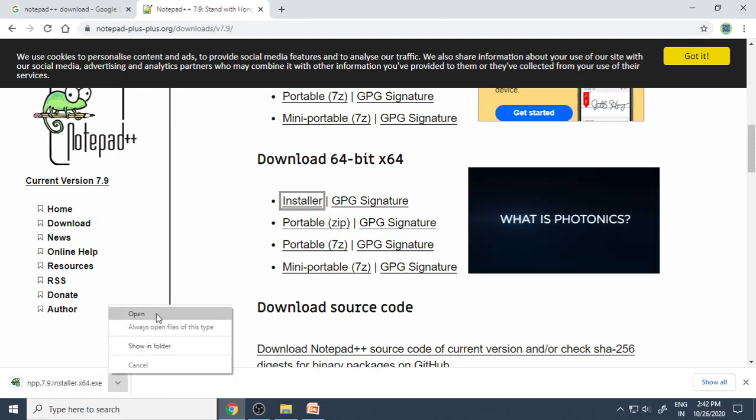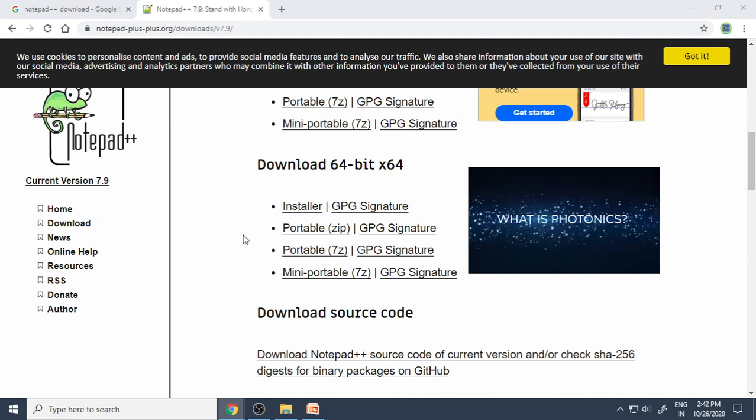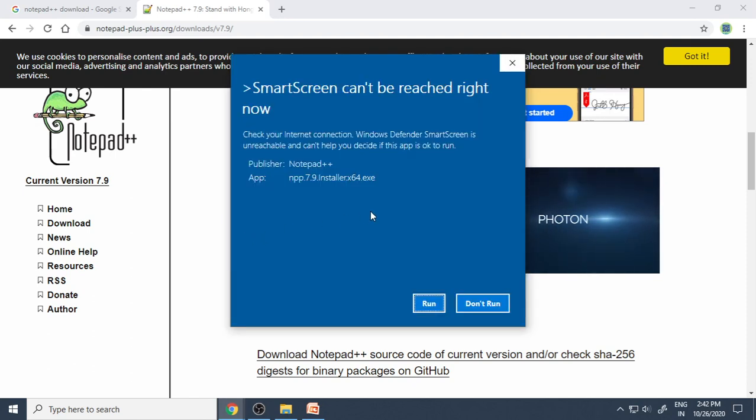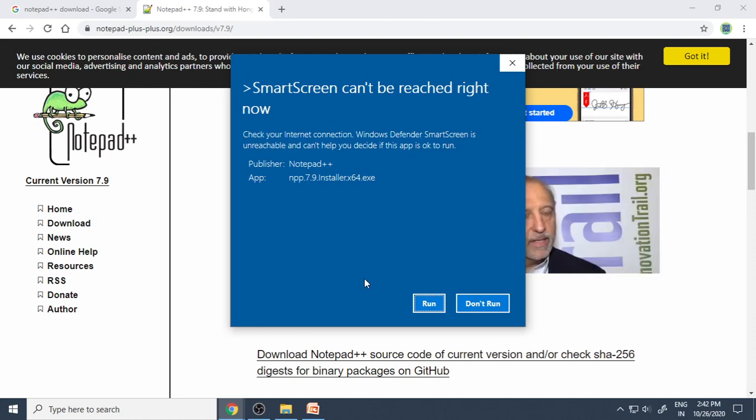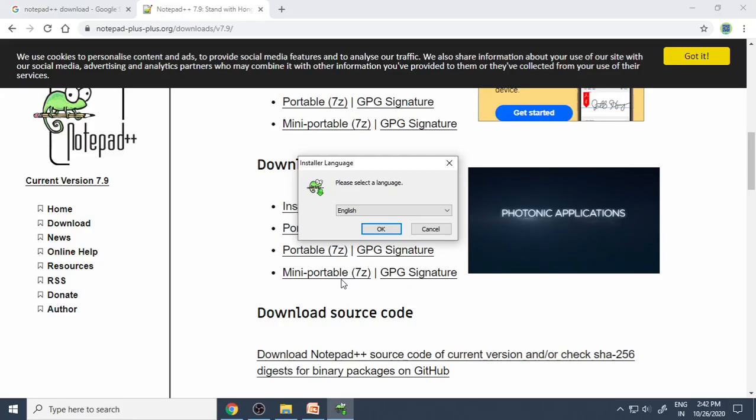Right, now I'll click open. Once you say open, we'll have a window here. It will ask you to run. So run. Yes. And you select the language. So English, okay.